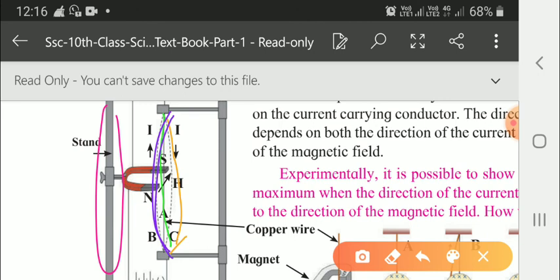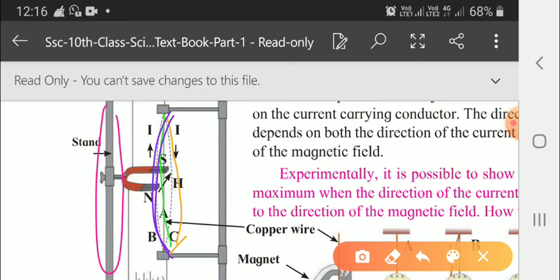Now the direction of magnetic field is from north to south. Now in this experiment we can notice that whenever the current flows through a conductor in the presence of a magnetic field, a force is exerted on the conductor. If the direction of the current is reversed, the direction of the force also gets reversed. So, if the magnet is kept reversed, its south pole is brought to the position of its north pole, and the north pole brought to the position of the south pole. That means the position of the magnet is also reversed. So then we have to observe what will happen in this activity.